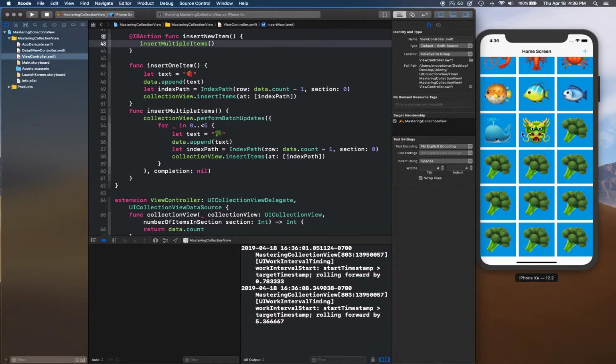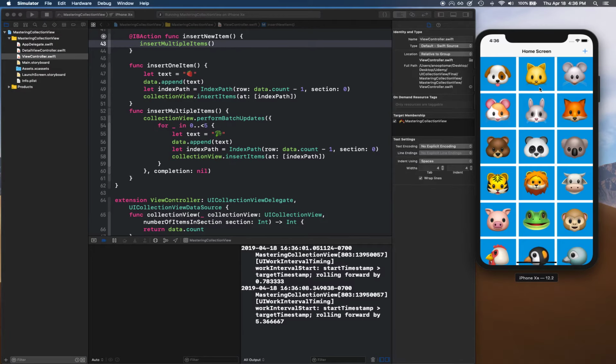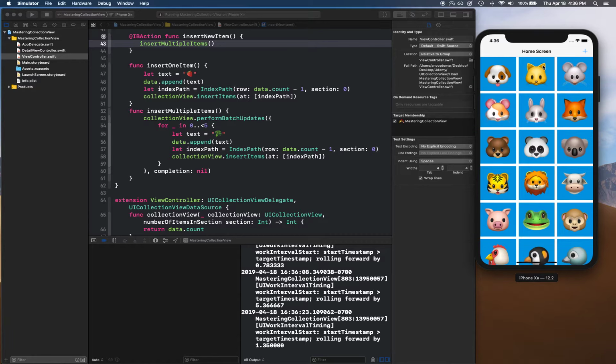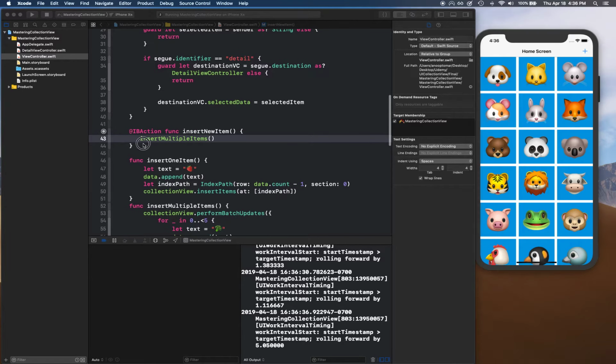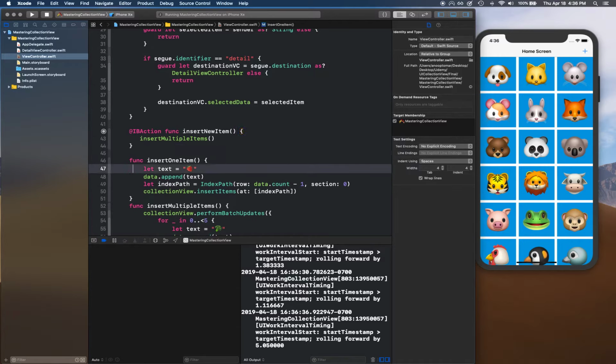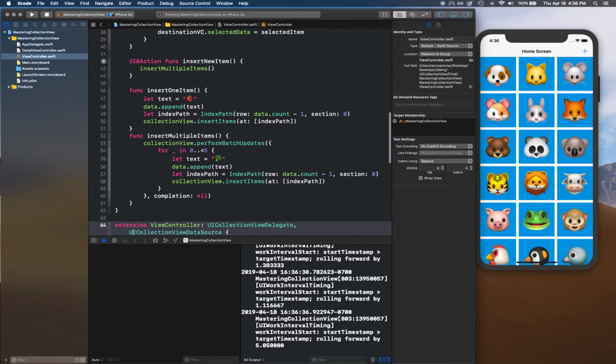Now, you must have seen in UI table view, when you actually drag and leave, there's a refresh control that shows up, and you can refresh your table view or load new data or add new data into the table view. You can do that here as well. So the way you can do it is you can create a function. Let's write it at the bottom,